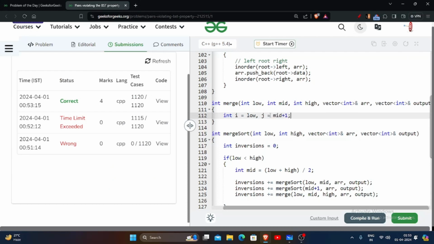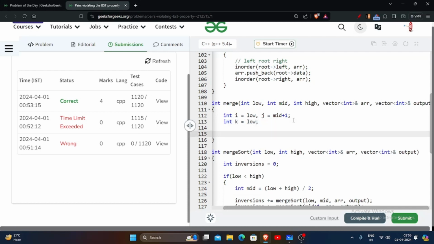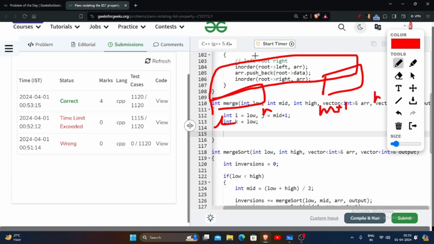जे हमारा मिड प्लस वन होगा ना, एक हमारा लो से मिड तक, एक हमारा मिड प्लस वन से हाई तक, ठीक है। और के मैंने कहा था कि एक जो डमी एरे हमारी आउटपुट वाली, इसमें हम कॉपी कर रहे होंगे, मतलब जो हम एरेज के हाफ सॉर्टेड बनाएंगे, वो हम आउटपुट में शो कर रहे होंगे उस ऑर्डर में जैसे चाहिए। तो वो भी लो से स्टार्ट होगा, क्योंकि लो से हाई तक की एरे ट्रीट कर रहे हैं हम बेसिकली। अगर ये एक हाफ है लो से मिड तक का, और ये एक हाफ है मिड प्लस वन से हाई तक का, तो हम इतने हाफ को मर्ज कर रहे हैं, तो हमारा के लो ही तो होगा,